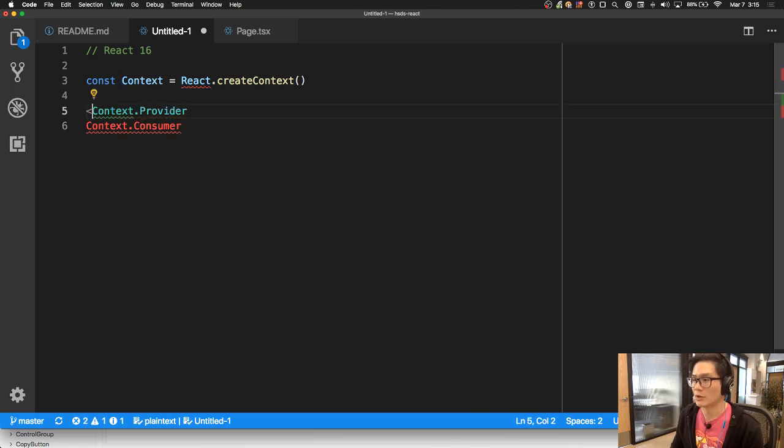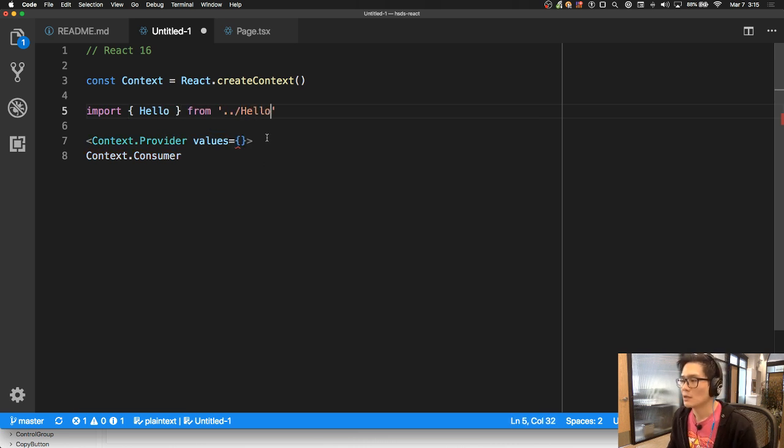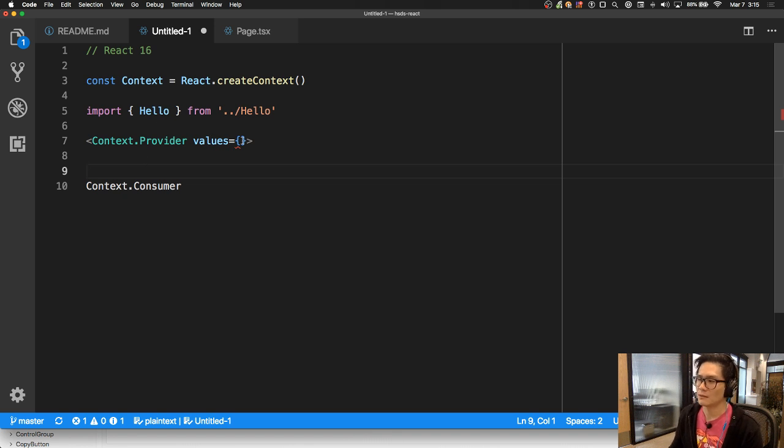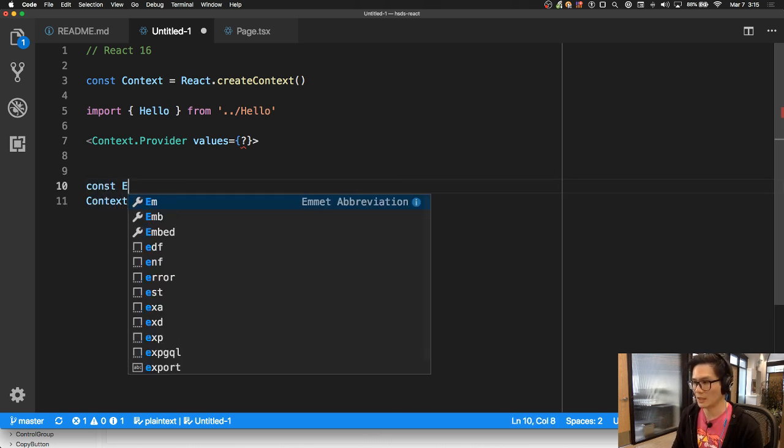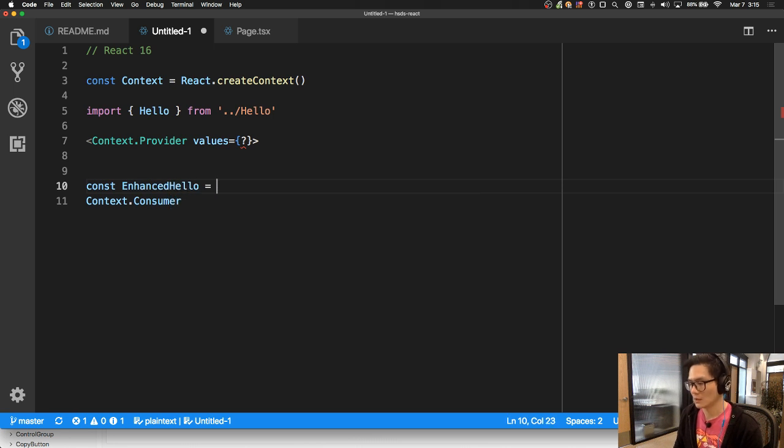So a context provider component accepts, I think, value or values, I'm not sure. Values, sure, as its only property. And what this does is that this sets whatever props and behaviors you want to the provider. And let's say I have a component called hello from hello. So if I want to pass in whatever values from this provider to hello, what you would do is something like enhanced hello is